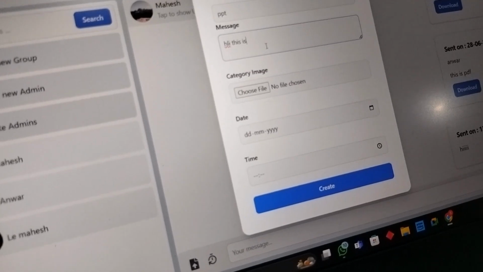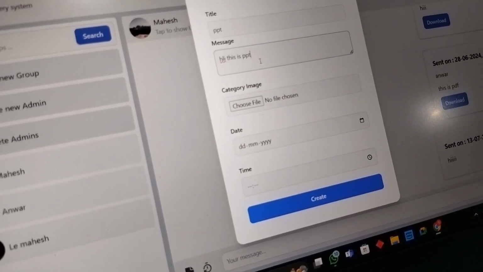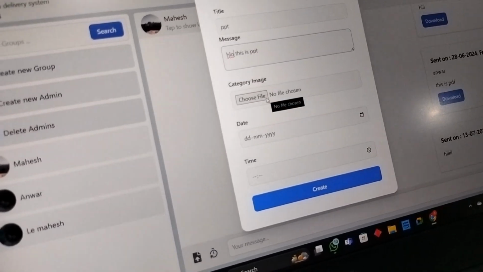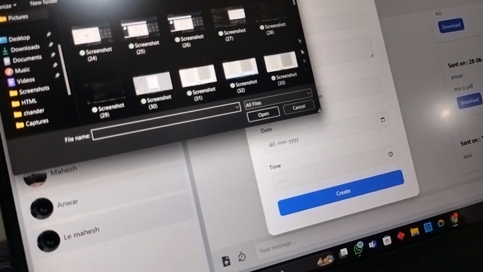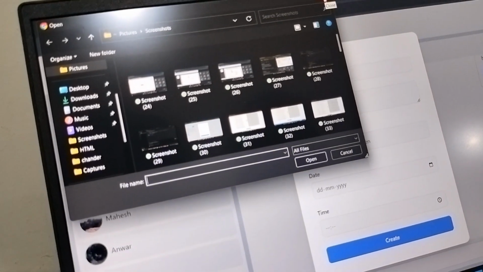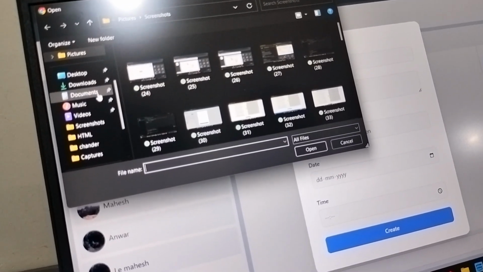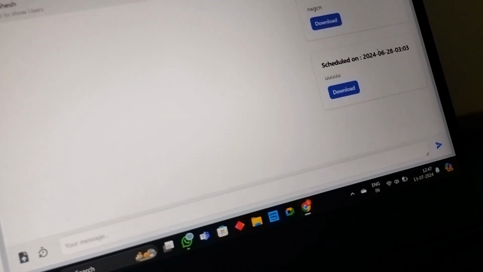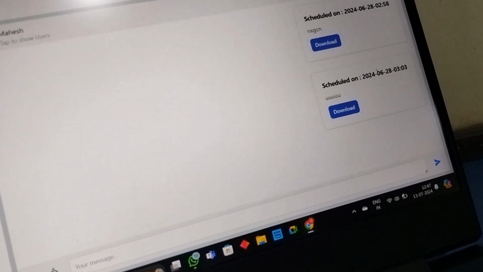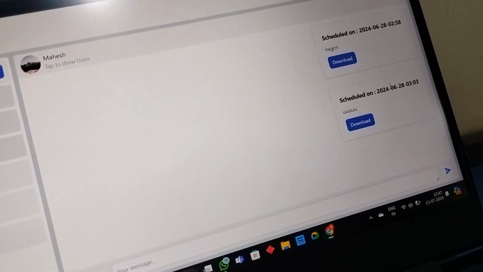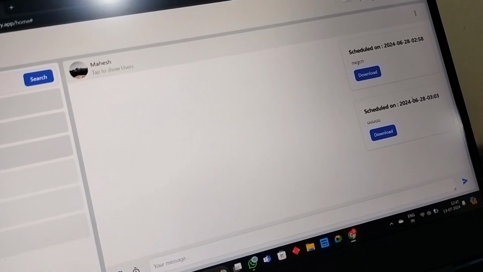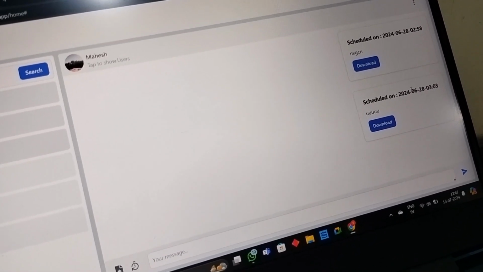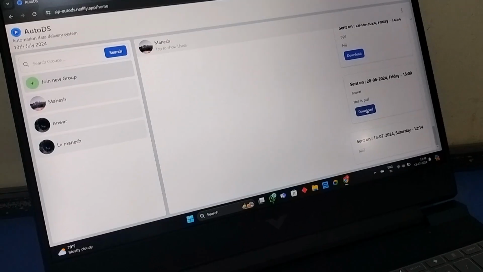You have to add the date, month, year, and time also. At that specified date and time, it will send our message to the receiver. Now the message is scheduled on 24/6/28 at 3 o'clock 3 minutes, and the receiver will receive the message or any file format that we have scheduled at that particular time.